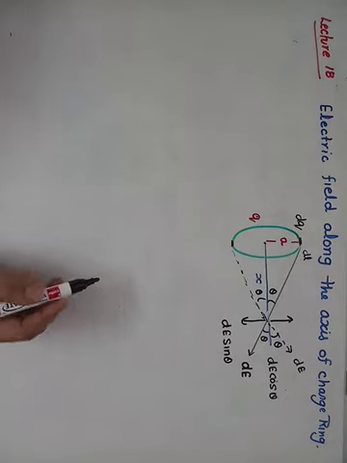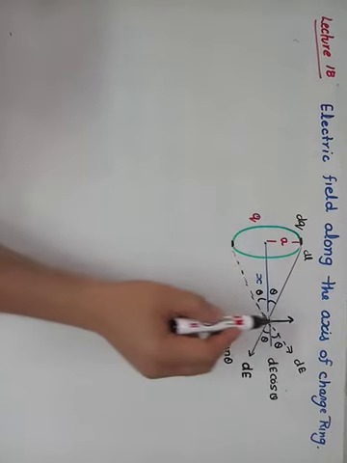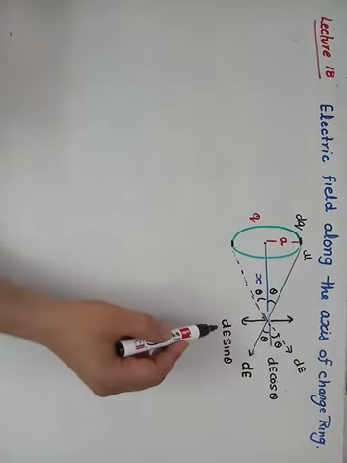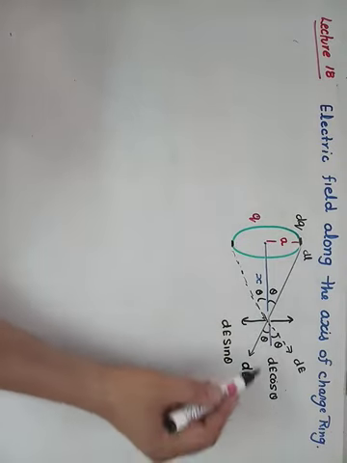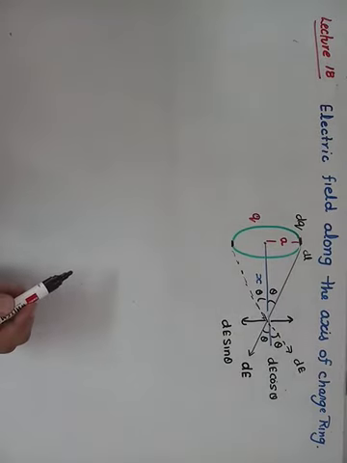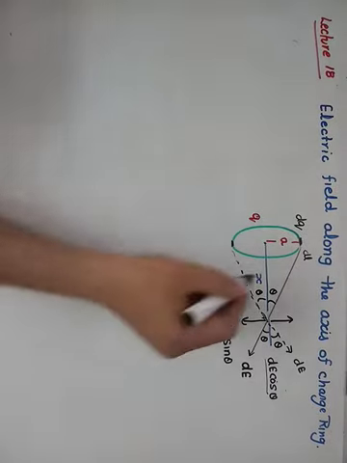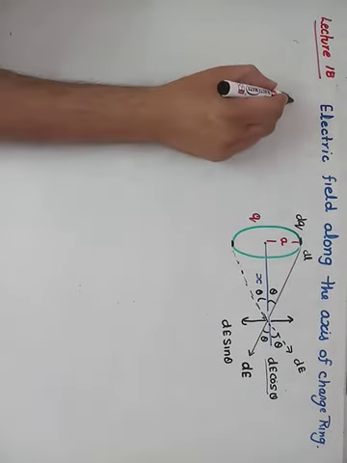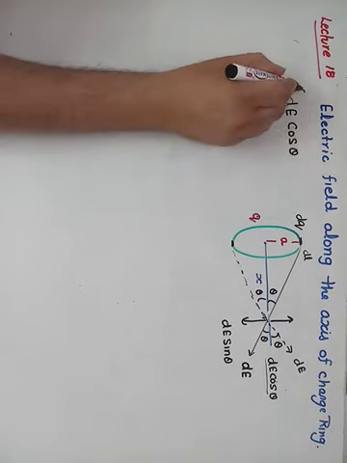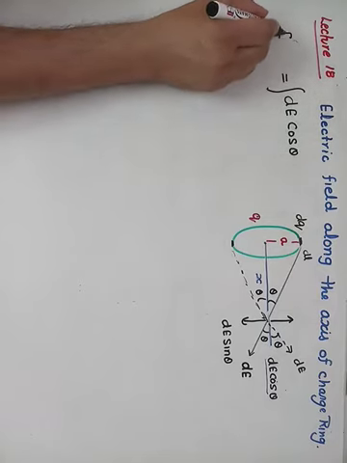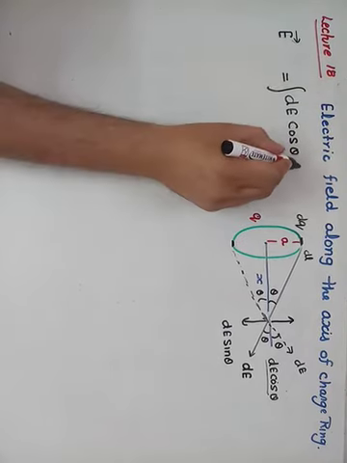In the same way, all the diametrically opposite elements will have opposite directions of the vertical component of field. All will contribute field in the direction of the axis of the ring. Therefore, you will find the net field along the axis of the ring, and the component which will add up due to all the elements is dE cos theta. We get the total field along the x direction. E resultant, if we put a vector sign, will be along the i direction.